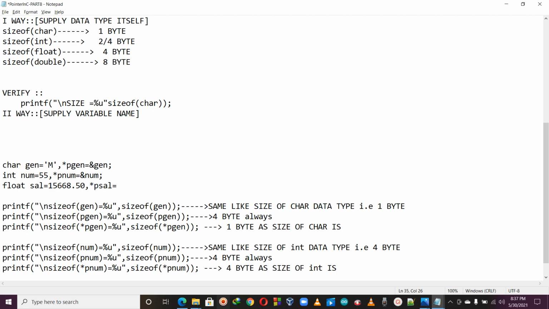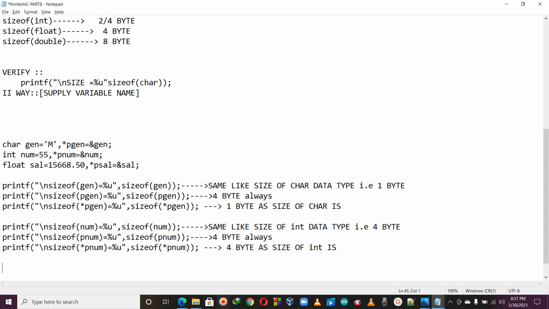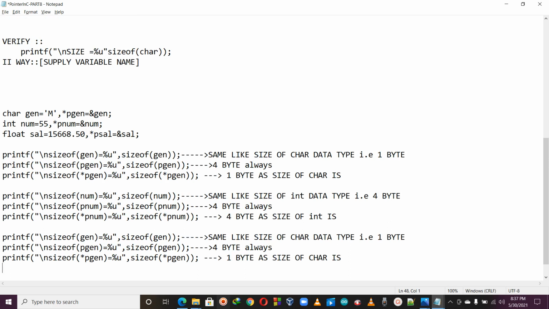It contains the address of sal. Fine. Next, again I am repeating the same thing. So pasting this one. What should I change here? Instead of gen, I should supply sal here.